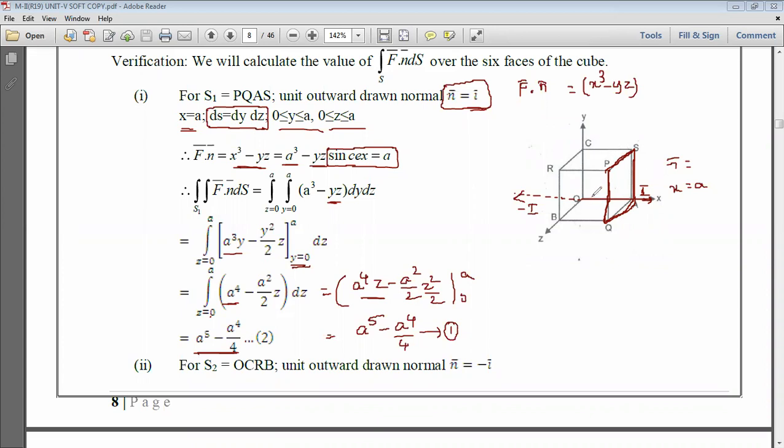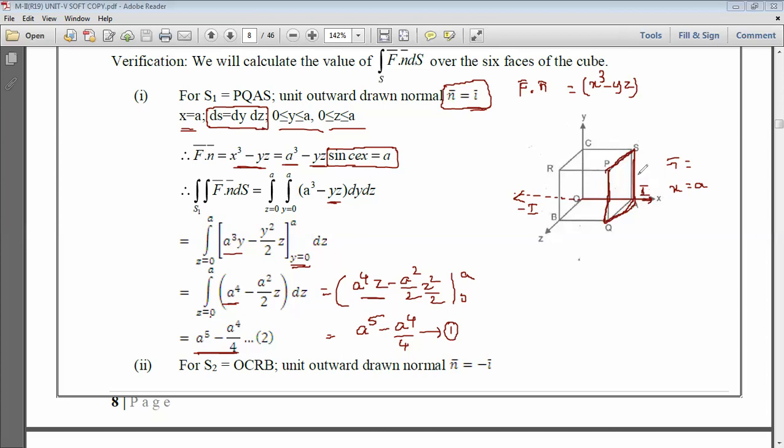So what are those points here? The diagram is very important. Based on the diagram only we write everything. And the names you don't need to memorize, you can give the names as they are. So this is the first face I chose, and its direction is nothing but the x-axis, the positive direction. So that's why n bar, the outward unit normal vector, is i.